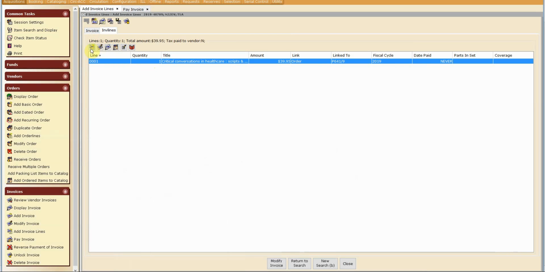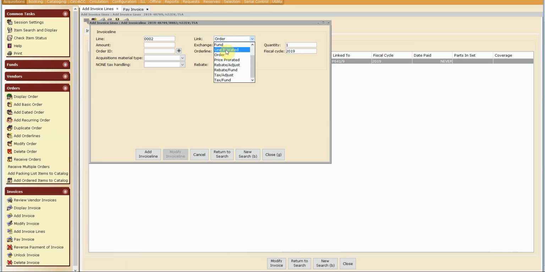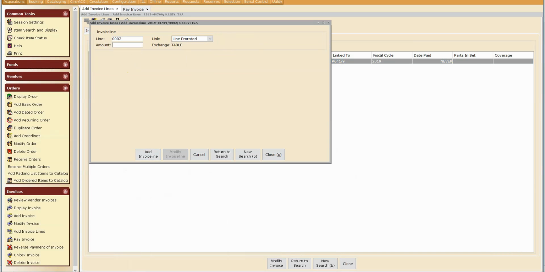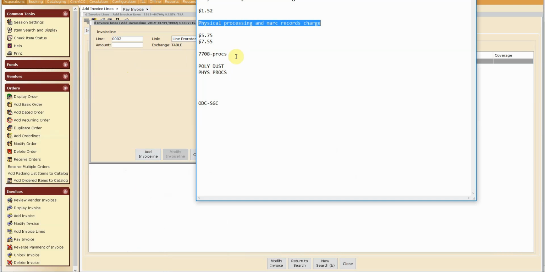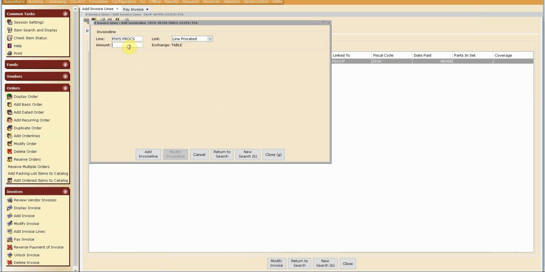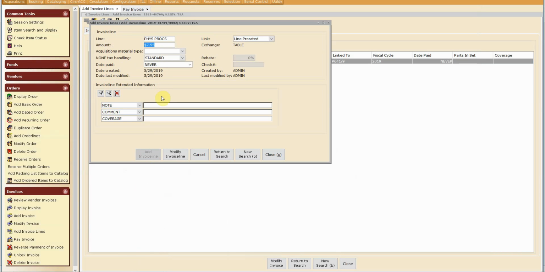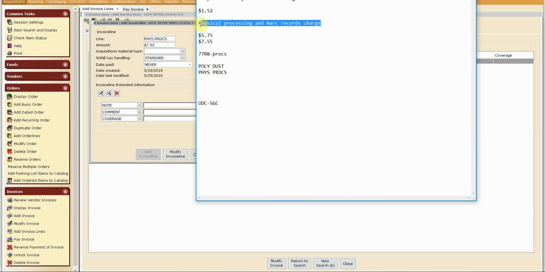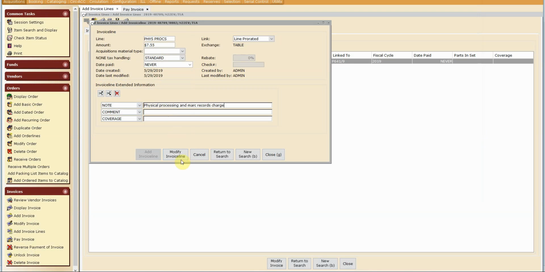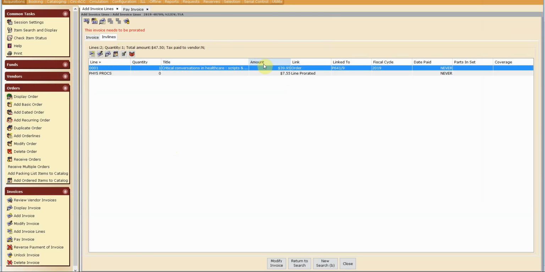So I go ahead and click this icon right here, add invoice line. I'm going to choose line prorated right here. Again, I'm going to use my cheat sheet. Copy and paste physical processing, and that's 755. Add invoice line. And down here in my note, I just want to remind myself that it is physical processing. And modify invoice line. I see my invoice line has been added,